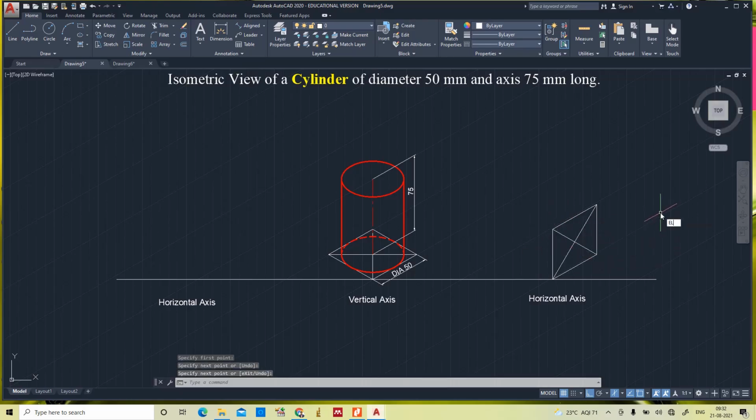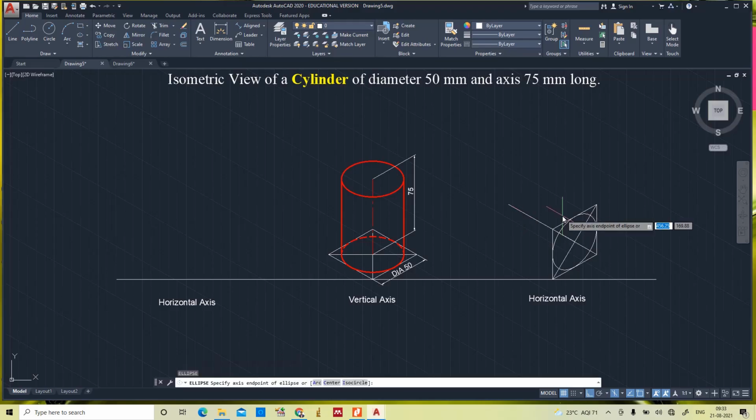Yes. Ellipse, isocircle I, enter, 25 radius. See, perfectly it fits. Now, the axis will draw line F5, yeah, axis is 75. Yes.